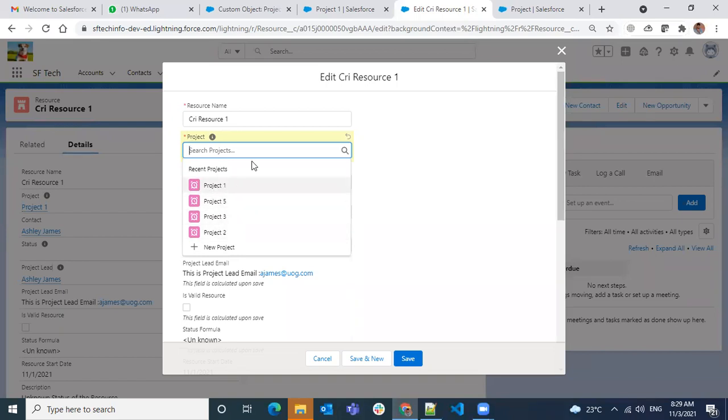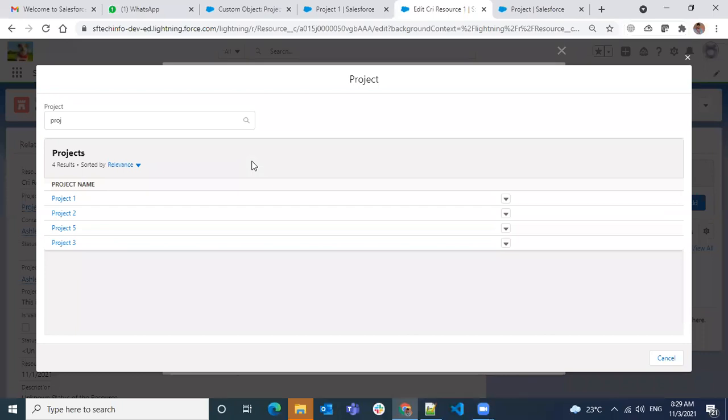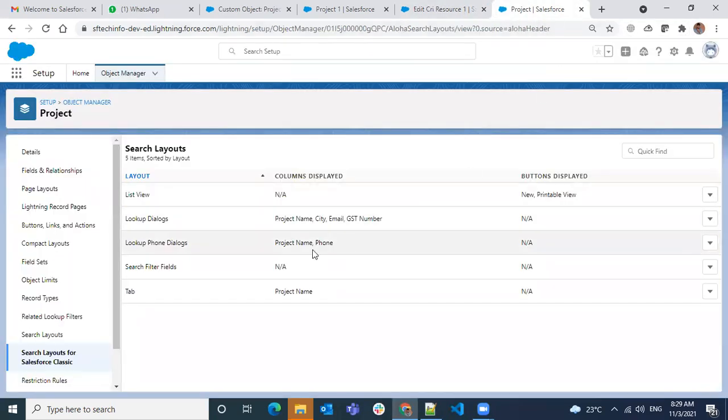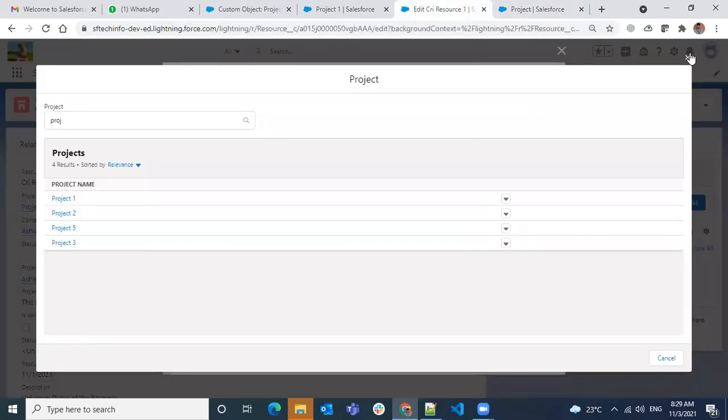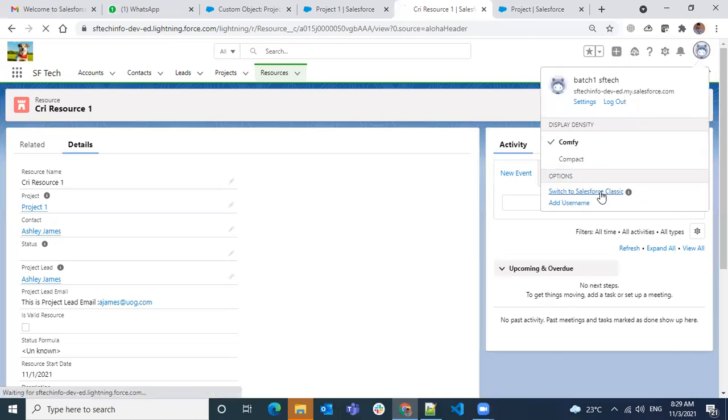If I want to see more fields over here, I do an enter and we can see some fields. One second, I have saved it or not. Maybe it is for Classic. I'm just switching back to Classic to show this one.